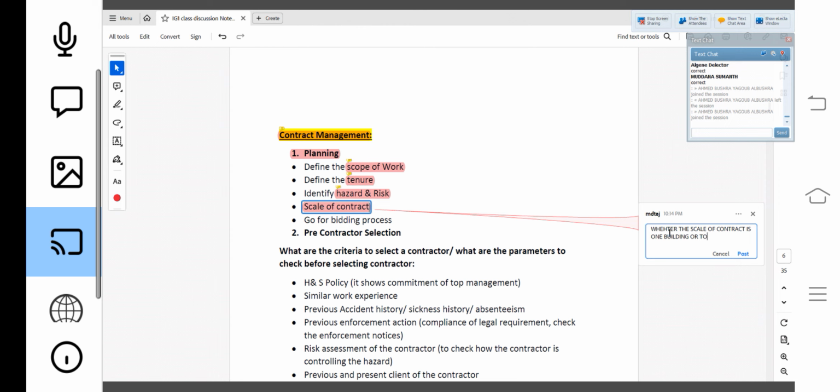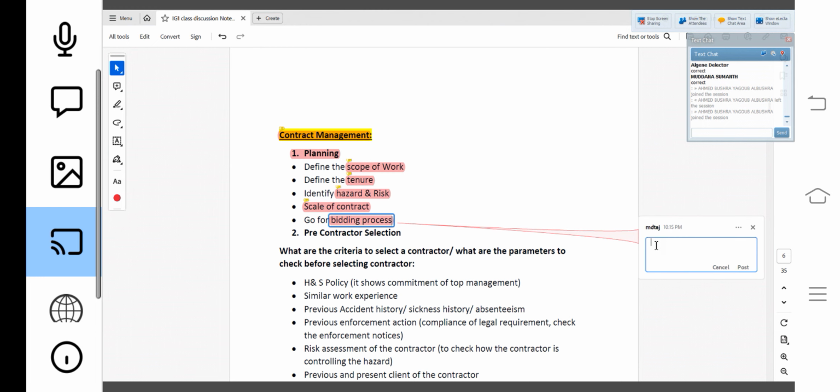Okay, now, one building. So scale of the contract will also be mentioned in the planning stage. Then go for the bidding. Go for the bidding meaning, now after making a plan, I have to go for the bidding.